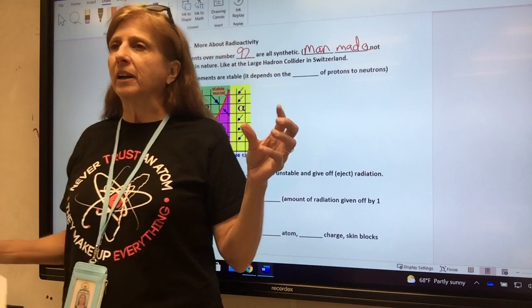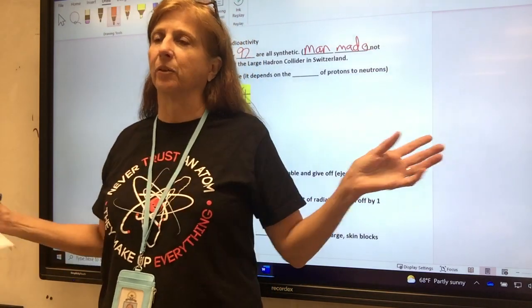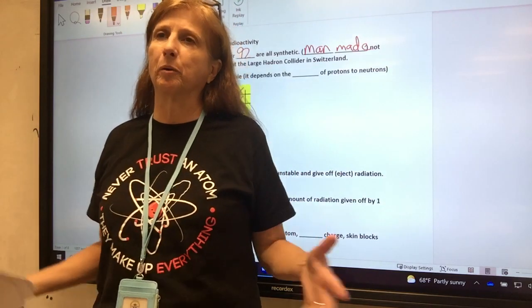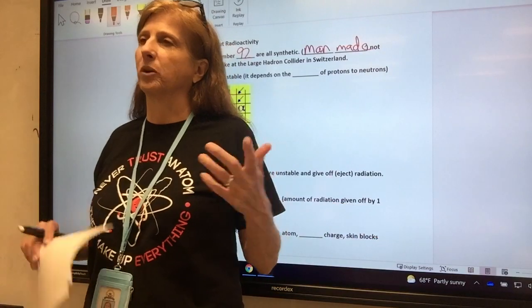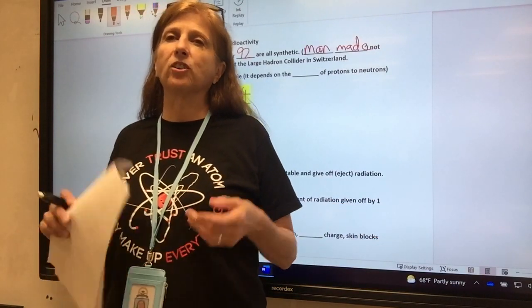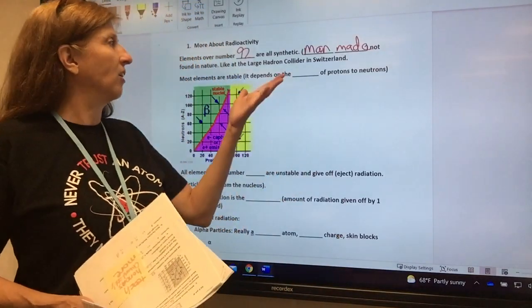So they used to have atom smashers where they would make atoms go fast and then run into each other and do experiments with atoms. A lot of that was at Berkeley. A lot of them were in California. But then they just recently built a new one, the world's biggest and best, the Large Hadron Collider